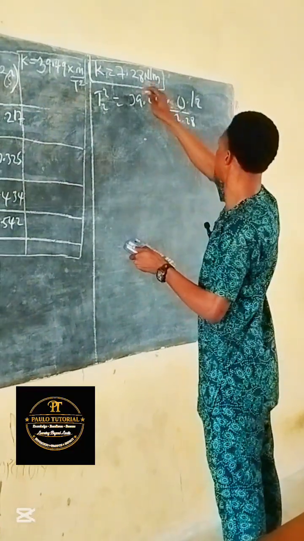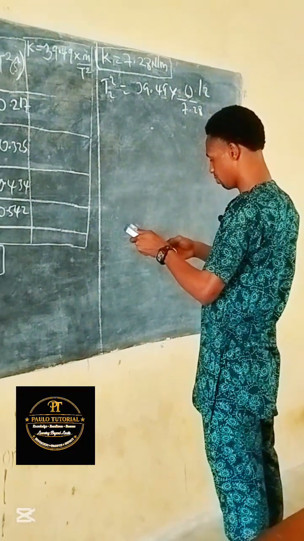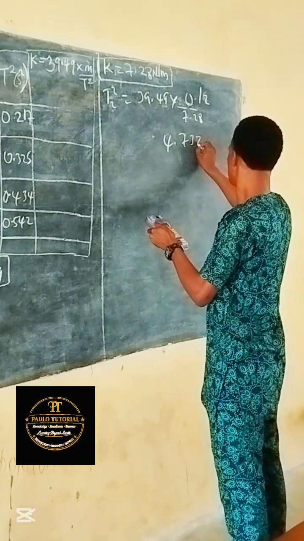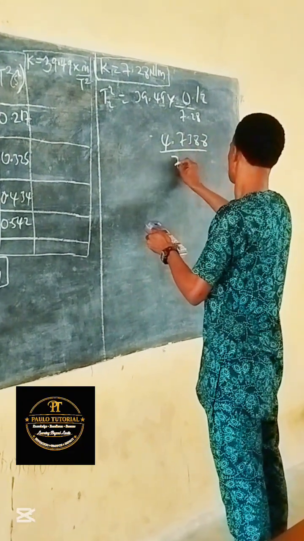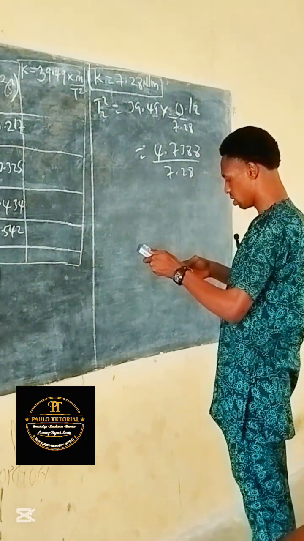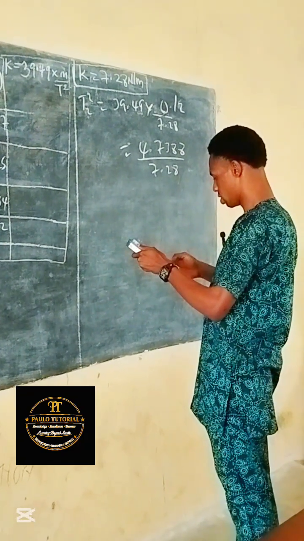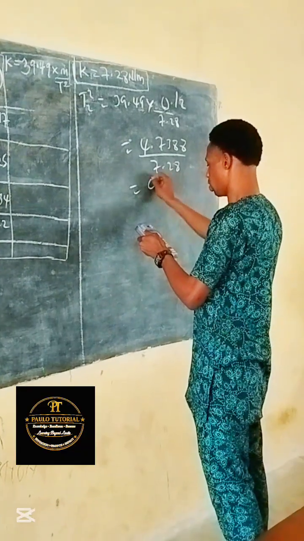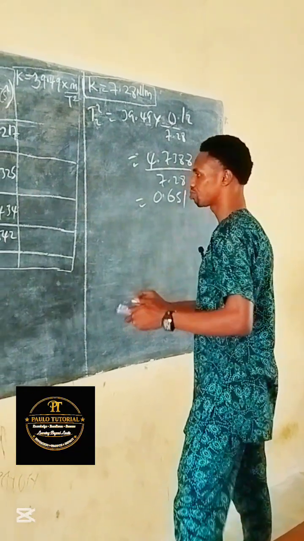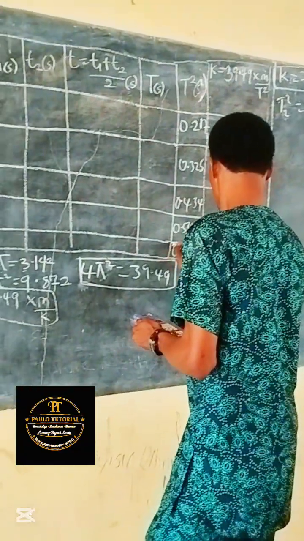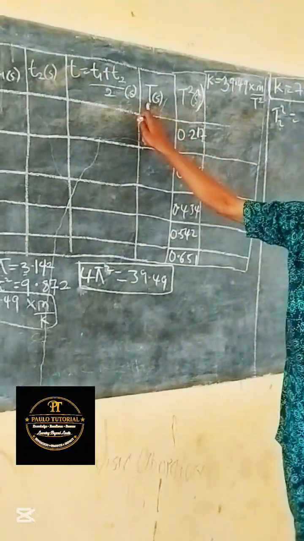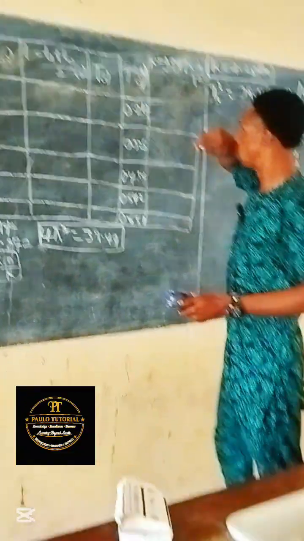So I'll multiply these two together, that is 39.4.7388 divided by 7.28. So we divide it by this one, divided by 7.28, and that equals 0.651. So I'll take that to 0.651. Please don't forget, if I want to get my T, because take a look now, the number of oscillations